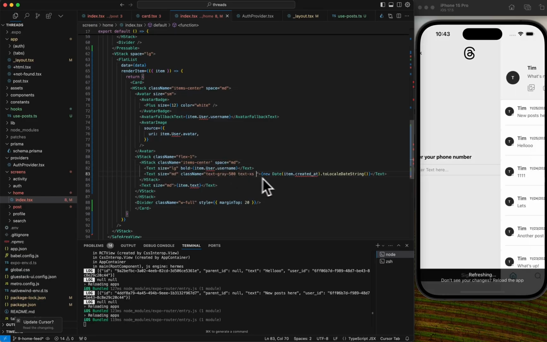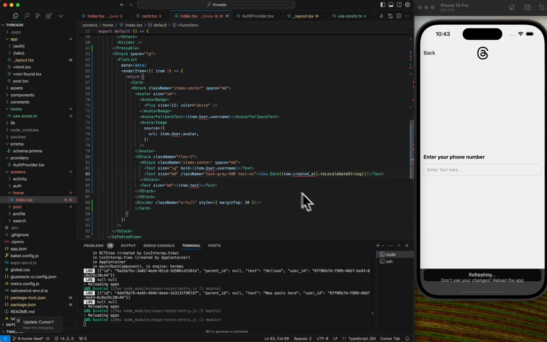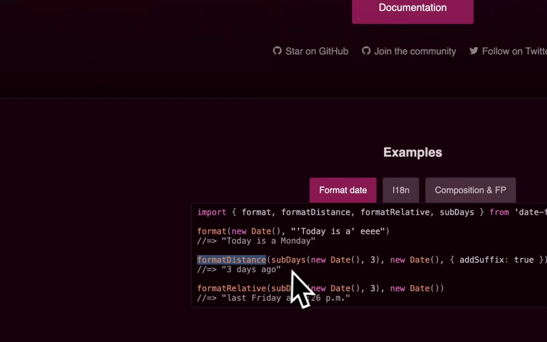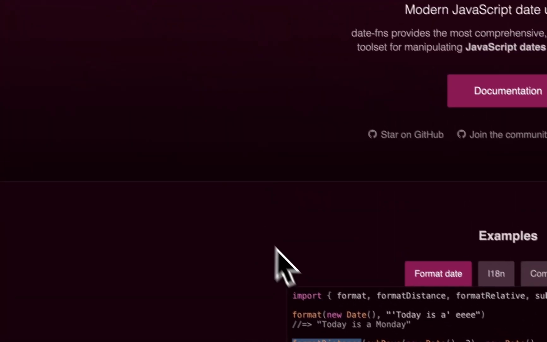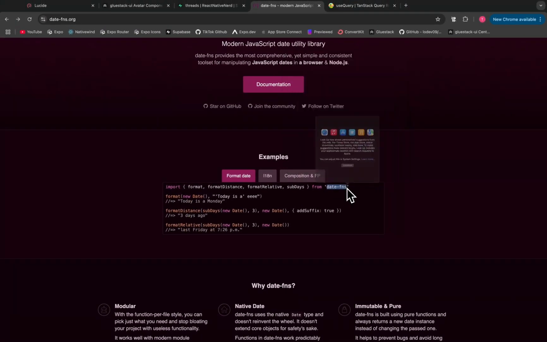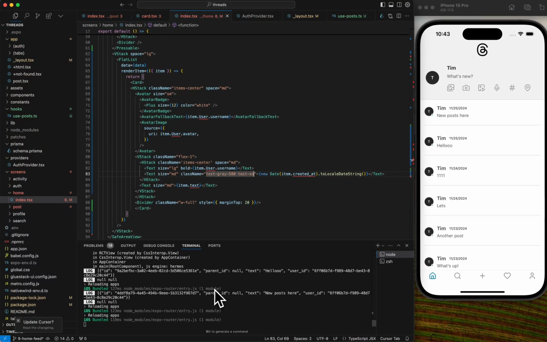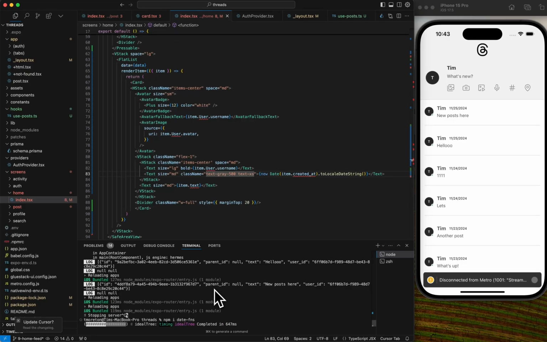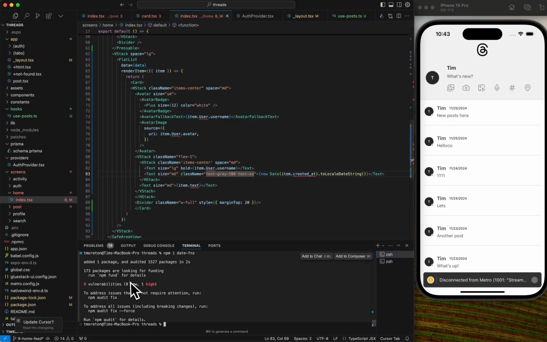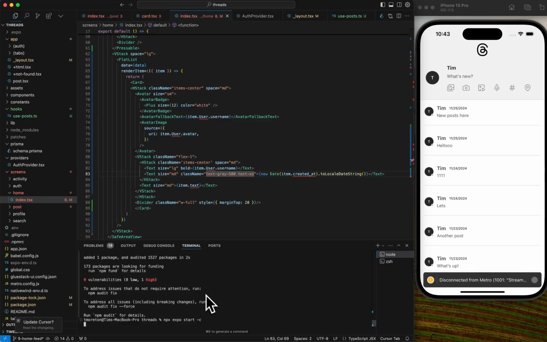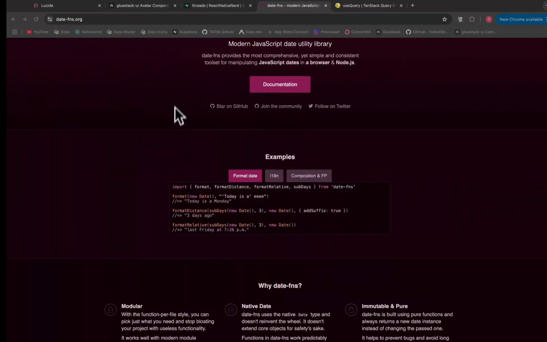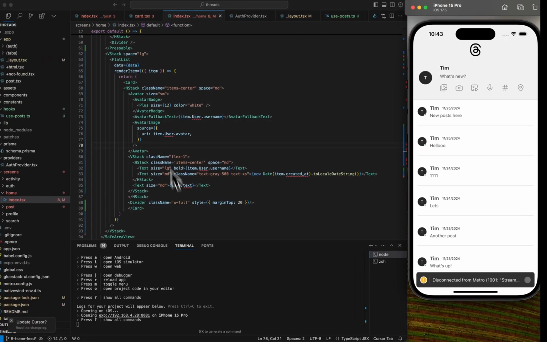We could use another library that I kind of like, that takes the date and does like from now. So you do like 3 days ago, this was posted. So let's install date. And this is just plain JavaScript. So that's the cool thing about React Native as well. You can kind of switch between native components or native libraries and just regular JavaScript. This is pretty straightforward. You don't need a whole specific React Native library just to format some date. So we're going to do